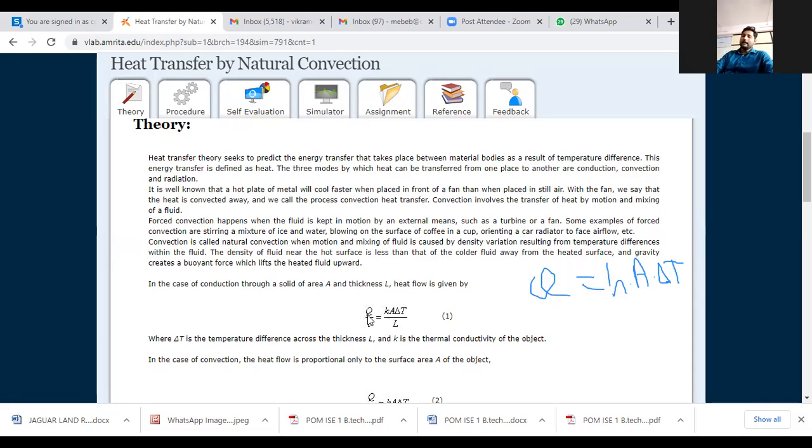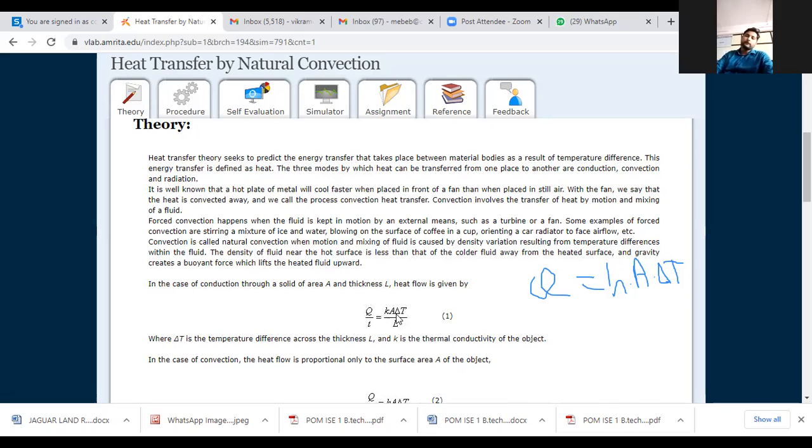We are considering heat transfer rate as Q/t. Here heat transfer is different and rate is different. Q represents the heat transfer, and when we divide that Q by time, it becomes the heat transfer rate. So according to Fourier's law, we can say that Q or Q by t can be determined by using